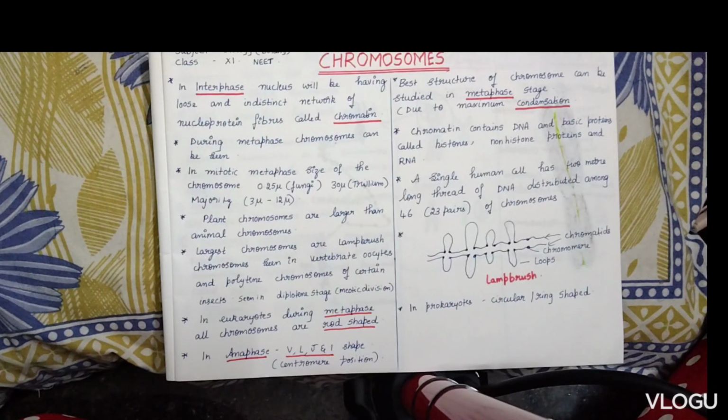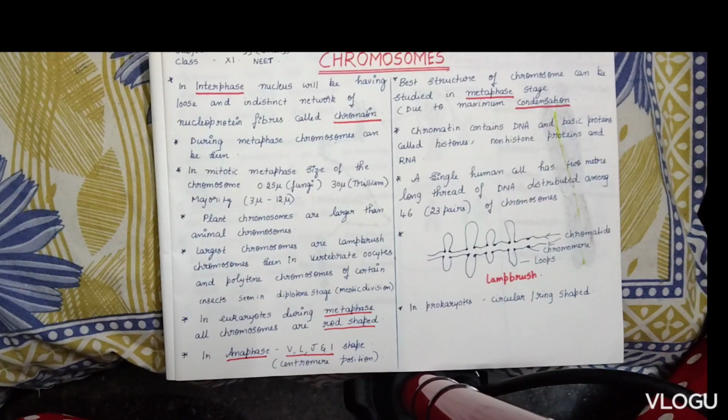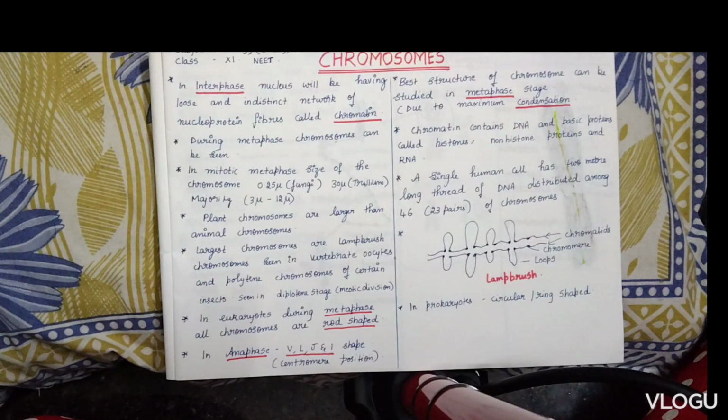The largest chromosomes are lampbrush chromosomes, seen in vertebrate oocytes, and polytene chromosomes, seen in the